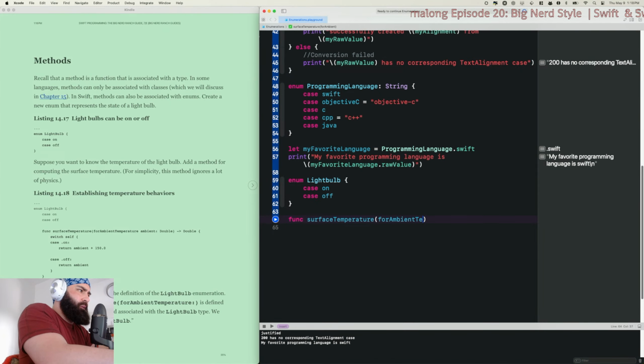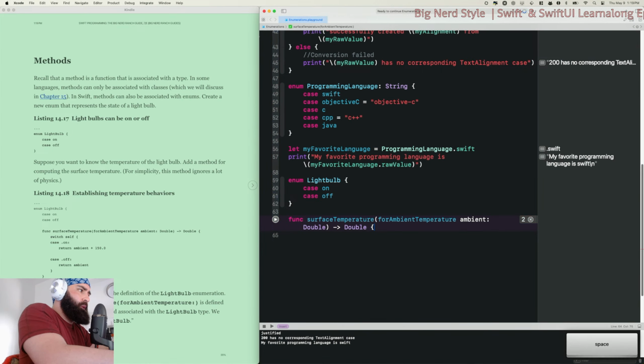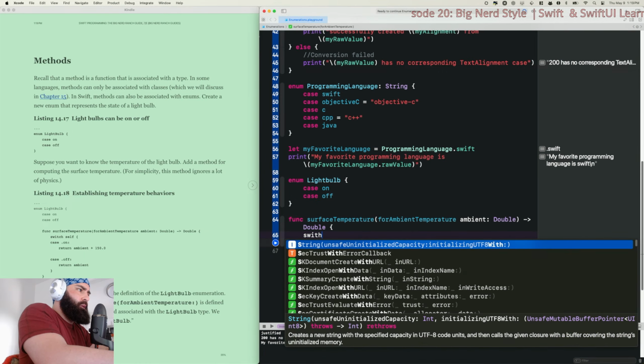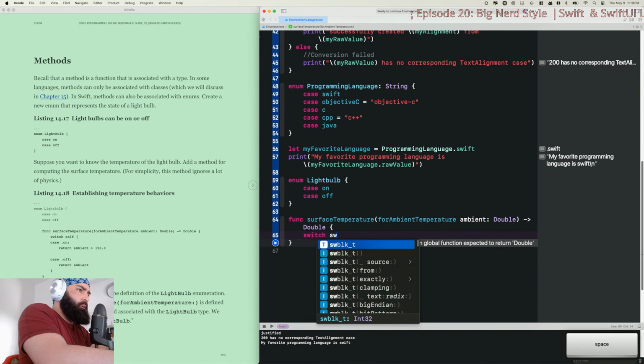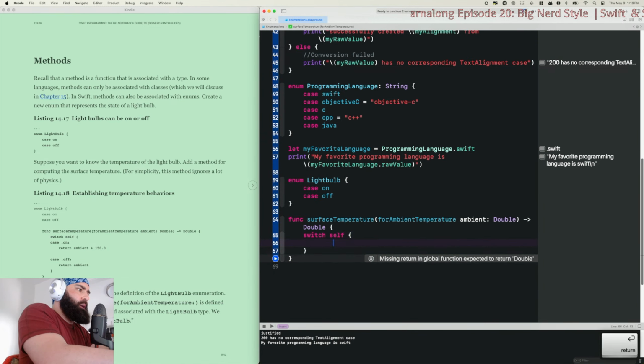For ambient temperature. Ambient. Why do I have the hiccups? Excuse me. Double. Okay, double. Return type is Double. So we expect to get a Double back. Switch self, open it up again.